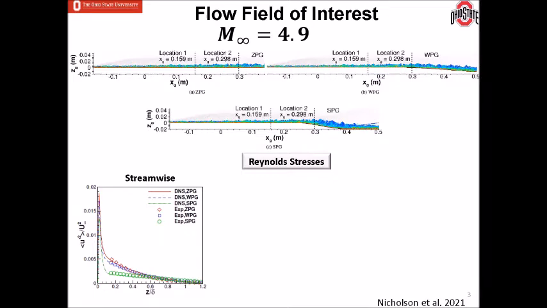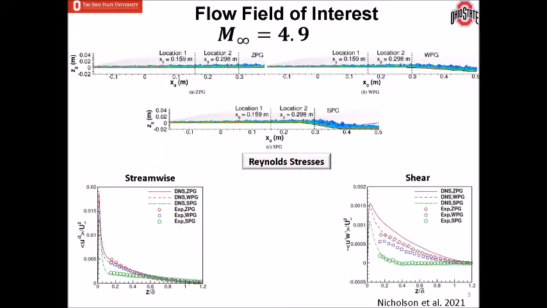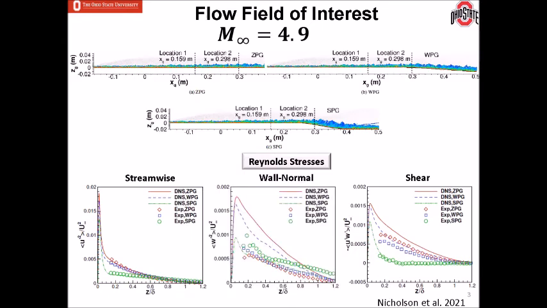the experiments. The shear component compares well, although small deviations have developed. These deviations are likely due to the wall normal fluctuations, which show a great deal of deviation between the DNS and experimental PIV. So we want to figure out why there's such a large deviation by testing a synthetic PIV